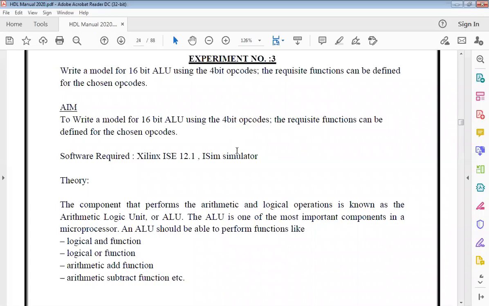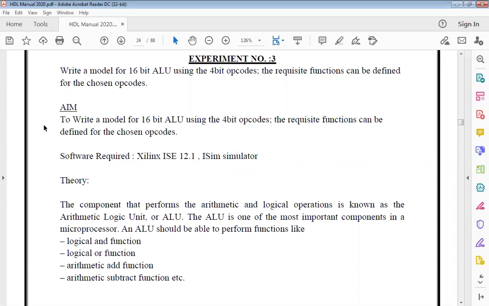The arithmetic operations can be addition, subtraction, multiplication, division, right? And your logical operations can be all the digital logics that you have learned so far: AND, NOT, NAND, XOR, XNOR, right? So all these can be done via ALU.